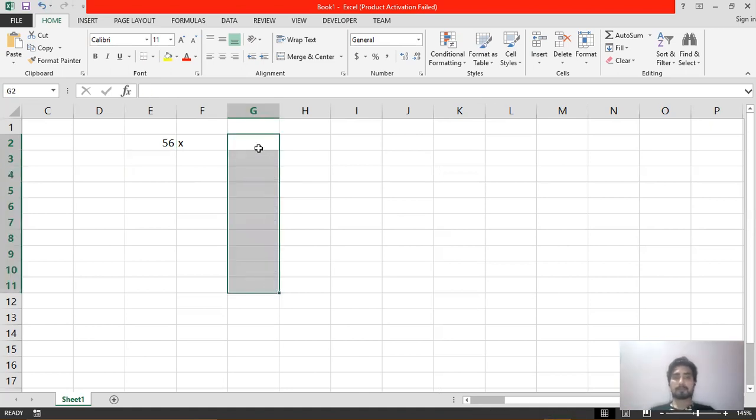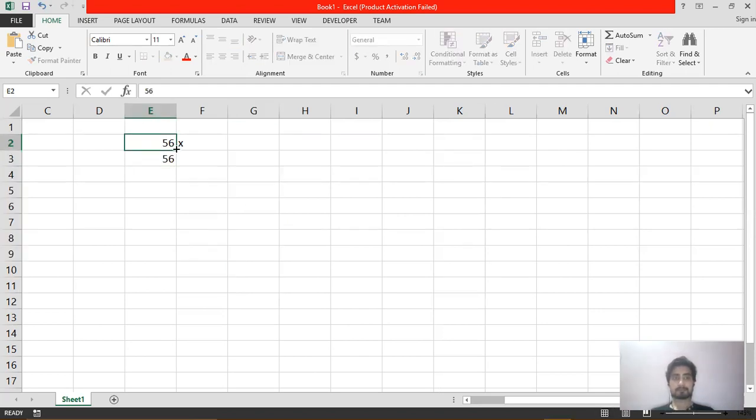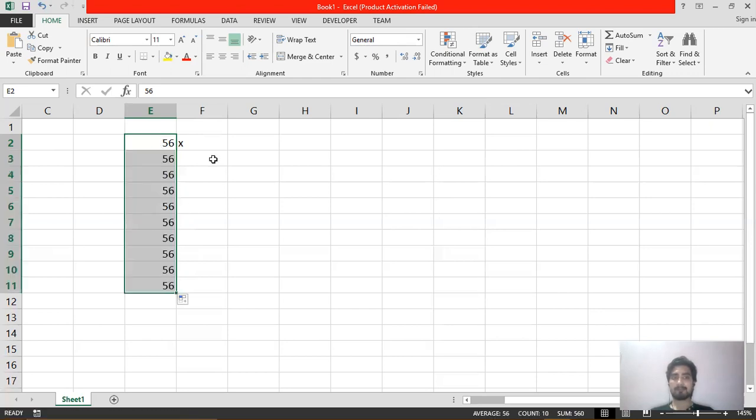Here I don't need to show a series or pattern because I want the same number in all the cells. So I can write the number once in one cell, then click on the autofill button present at the bottom right corner of the active cell, drag it to where you want to fill the number, and the numbers will be automatically filled.